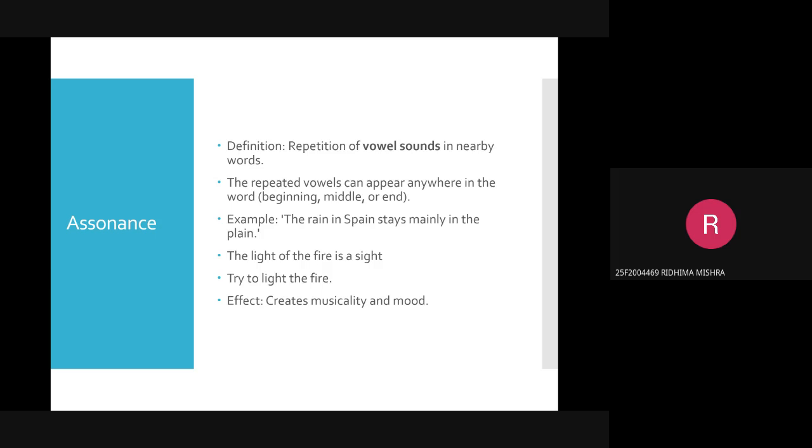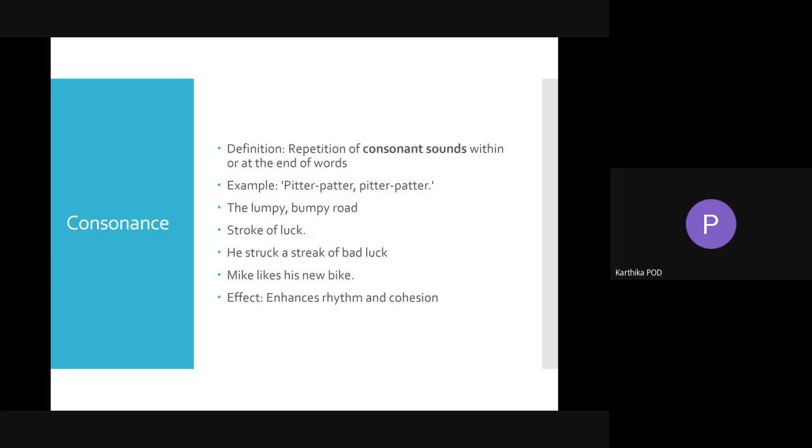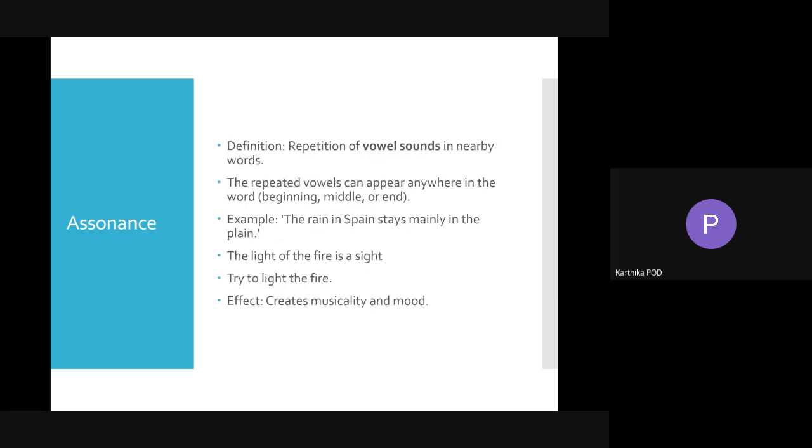A consonant sound getting repeated is called consonance. Now if that consonant sound starts with the letter S or related sounds like S, Z, then it is also called